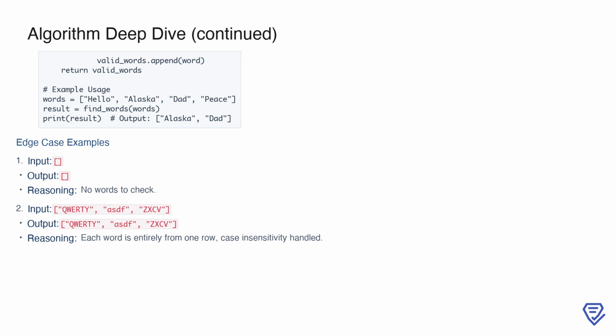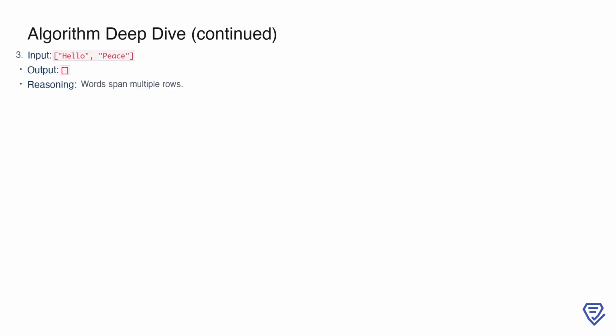For example, given the input hello, Alaska, dad, peace, the function identifies Alaska and dad as valid words because their letters come entirely from one row. The output in this case would be Alaska, dad. To understand the behavior of the algorithm in different scenarios, let's look at some edge case examples. For an empty input list, the output is also an empty list because there are no words to process. If the input contains words like QWERTY, ASDF, ZXCV, they are all valid because each word's letters belong to